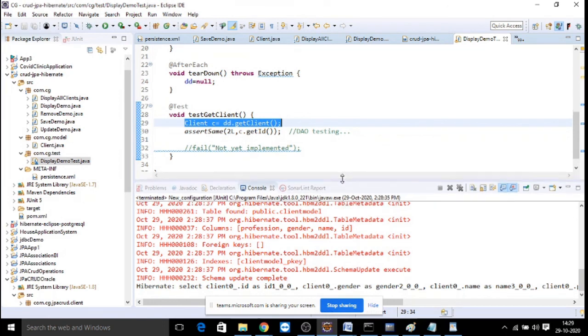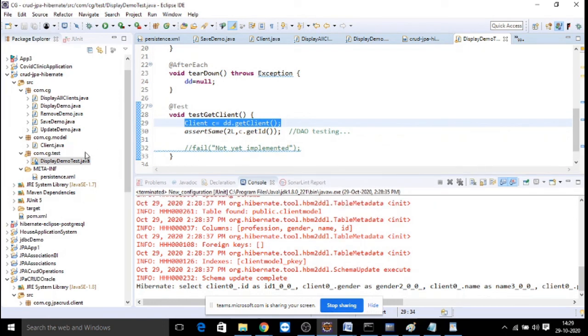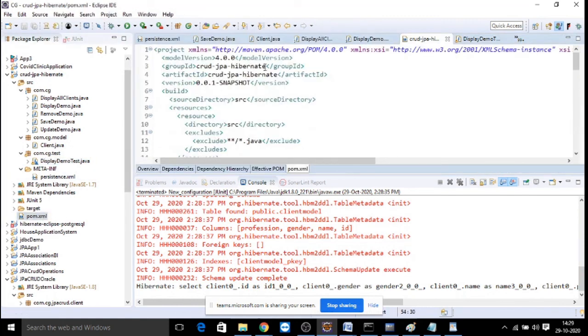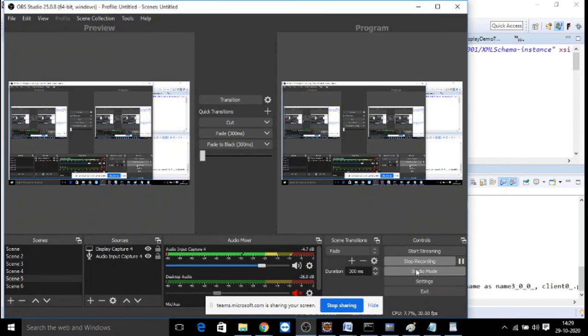But somehow you need to perform the test case for your DAO classes, right? This is how you need to practice to complete integration with your repository classes, to connect with the database, to perform insert, delete, update logics, and to write the test cases, running with the Maven project. Maven project means you must be using the Maven configuration for dependencies. That's all for this. All of you can look into